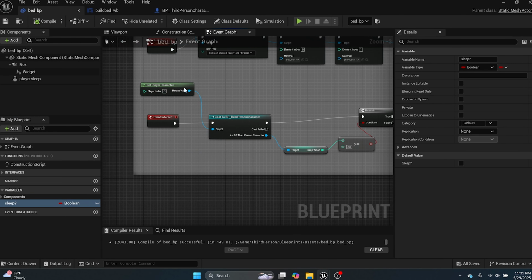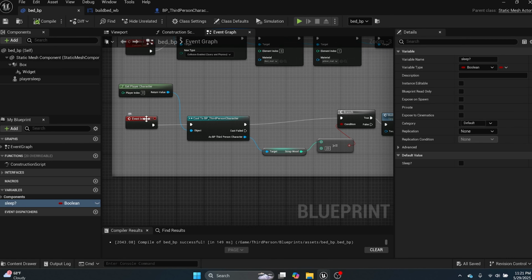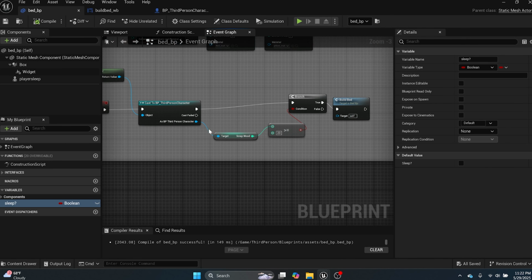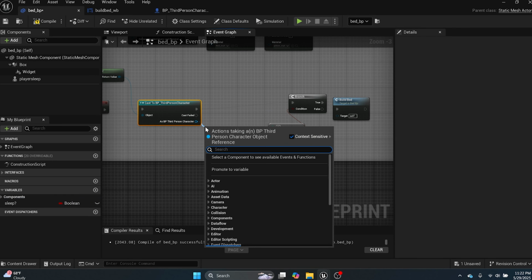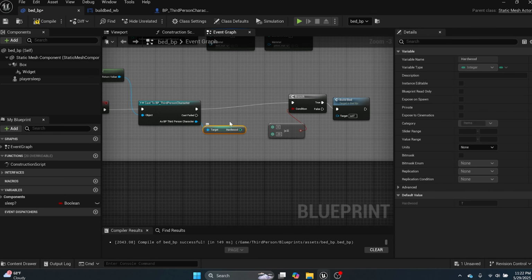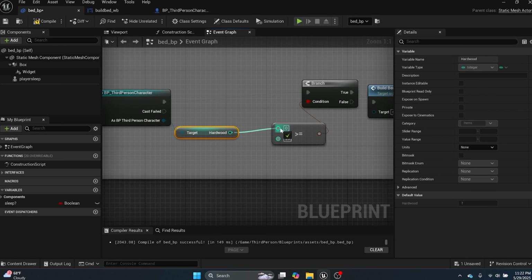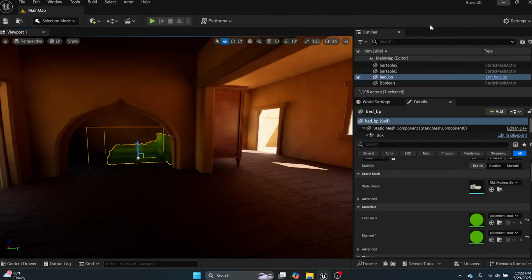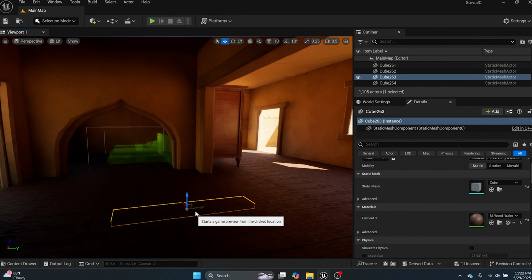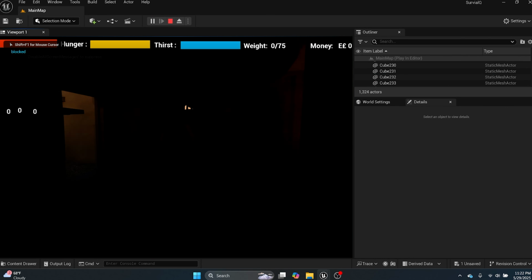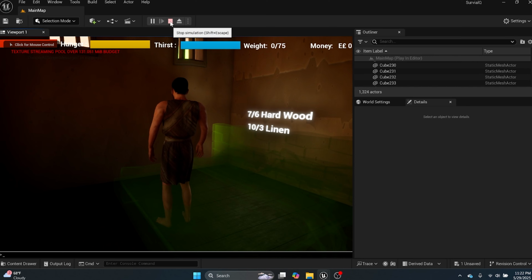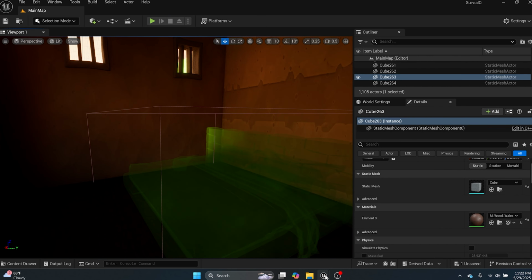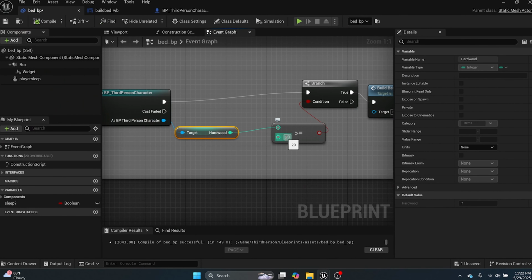But before we even move on, let's go down to this event interact. Third person character, it's going to check how much scrap wood. That's wrong. We need to check how much hardwood you have. And if you have at least, what did we say? I can't remember. 6 hardwood, 3 linen. Okay. So if you have at least 6 hardwood,